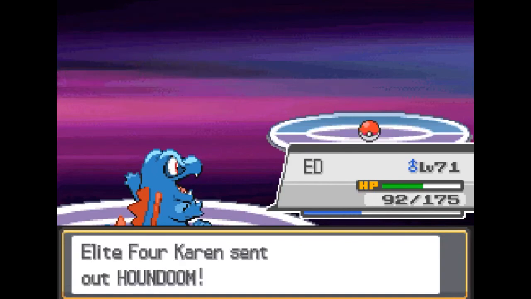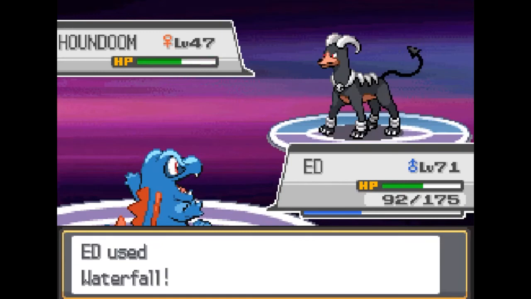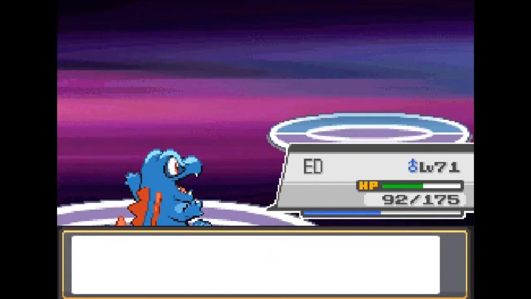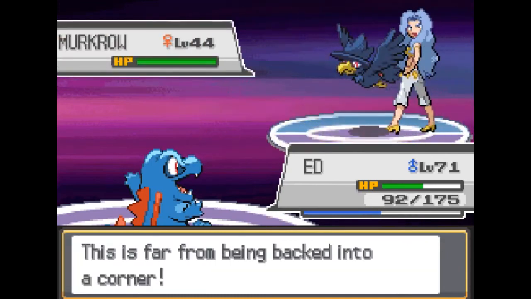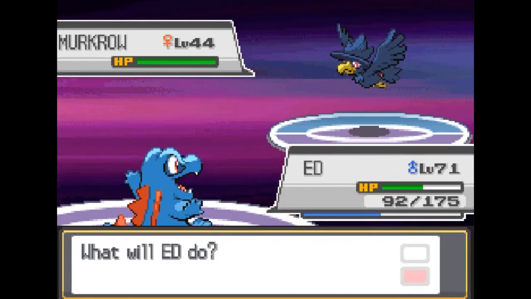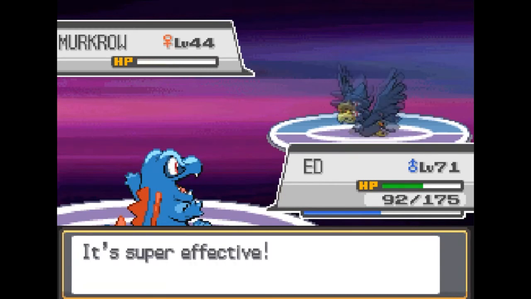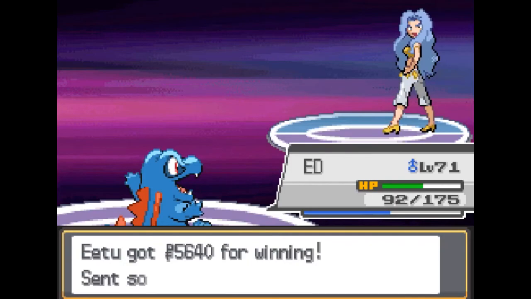Then we have the Houndoom. It's actually the dark type, but also fire type, so it just used Nasty Plot. We're going to Waterfall, and I think it was a one-shot, even though it's already level 47. So it's starting to rack up these levels for the enemies. Murkrow is also a dark type, so let's see if the Ice Fang is enough for the one-shot. I think it's going to be enough because Murkrow is just a pretty weak Pokemon at this point of the game. So now we already have all 4 of the members defeated, and it's time for the League Champion,